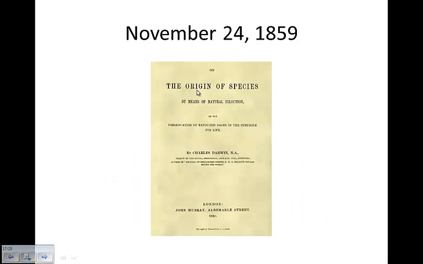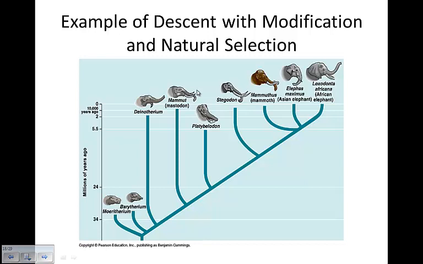On November 24th, 1859, On the Origin of Species by Means of Natural Selection is published. So with that, Darwin has this thought of descent with modification and natural selection. Instead of using the word evolution, and to note, the word evolution is used only once in the entire book, and it's the last word in the whole book. Everything is descent. Descent indicates very long periods of time are required to bring about these modifications within a species so that they're better able to survive and reproduce within that environment.